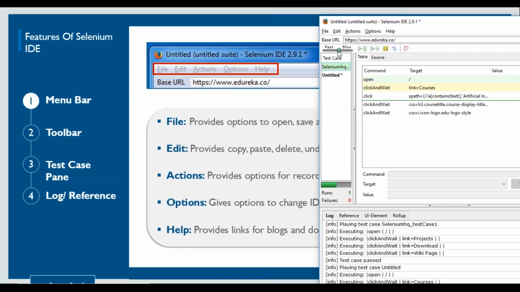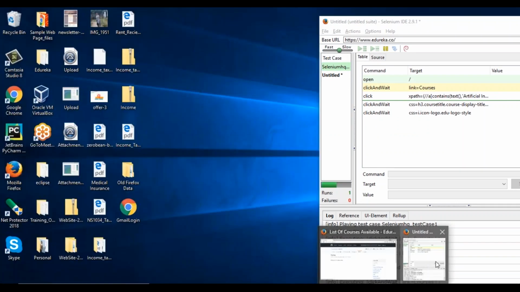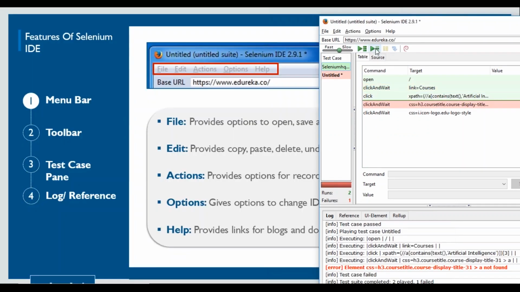Okay, so apart from this, you can play the entire test script. You can play only the test case, right? You can pause whenever you want. You can debug, like step in and step out, which we see in your programming. So this is nothing but your debugging. So when you go to your debug mode, you can go step by step and work. And this is nothing but your roll up rules. So you can provide some rules in order to work with your Selenium.